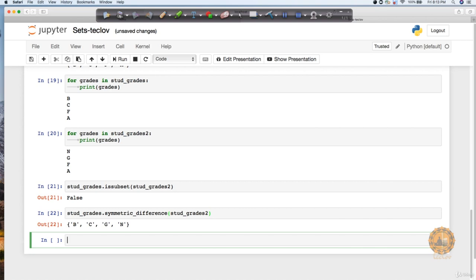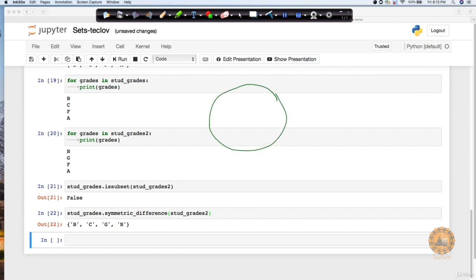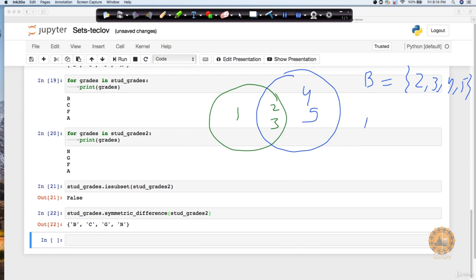Let me in fact explain with the help of an example. Let's say there are two sets. Let's say A has the values 1, 2, 3, and B contains 4, 5, 2, 3. So B contains 2, 3, 4, 5 and A contains 1, 2, 3.